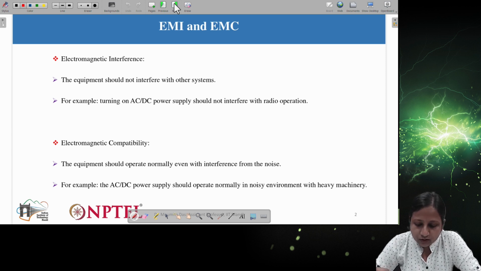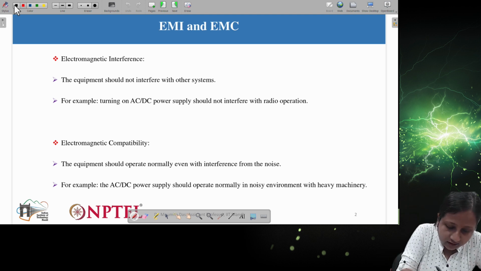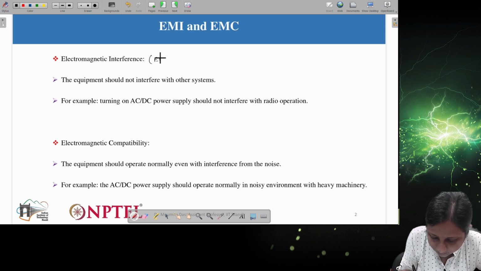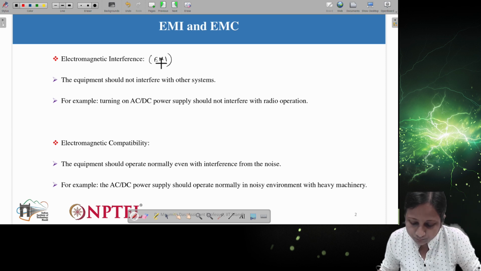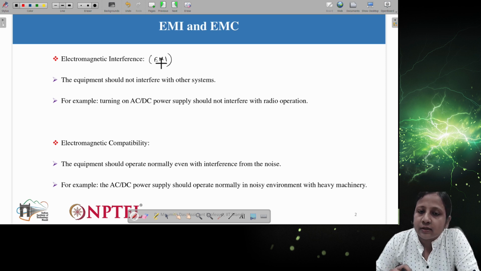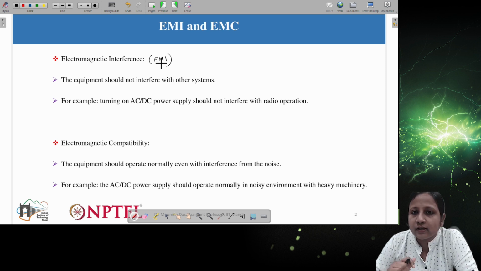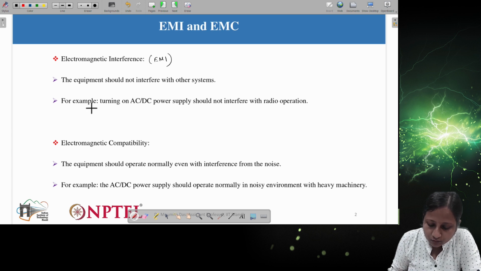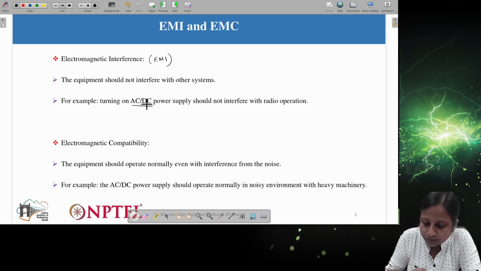As you can see in this slide, electromagnetic interference is also known as EMI. Basically, equipment should not interfere with other systems. Suppose we have any equipment, for example a laptop. Whenever it is on, it should not interfere with another laptop placed next to it. For example, turning on an AC to DC power supply,